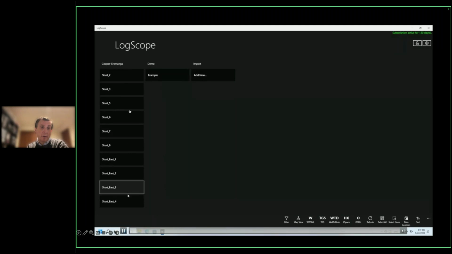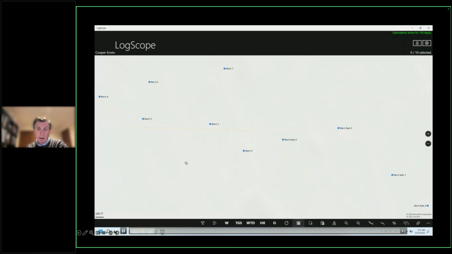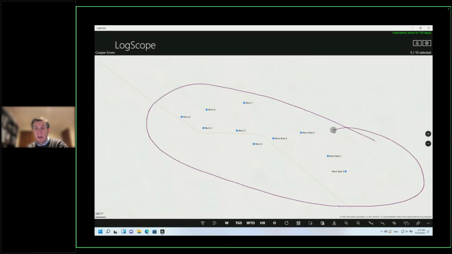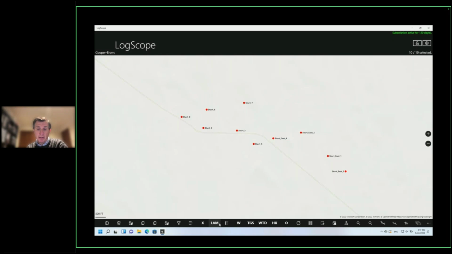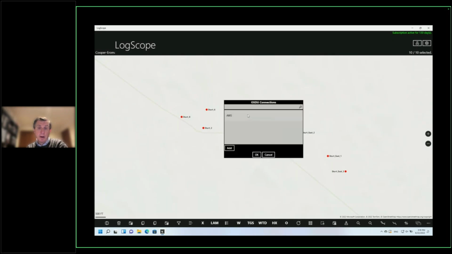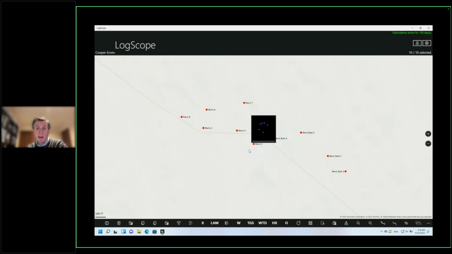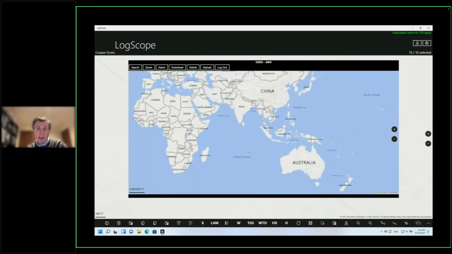So here I've got all the wells. I've got them in a list. I'm going to change to a map view so I can see all my wells here. So I just draw around them and highlight them, and they're highlighted in yellow. I then go to the OSDU, and I'm going to choose the AWS OSDU to upload, and it takes me in there, and then I just go upload,